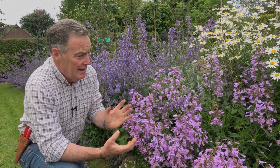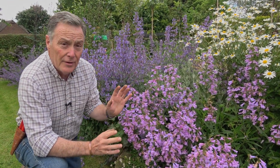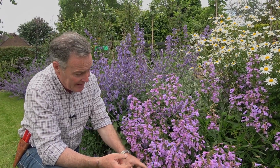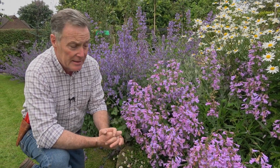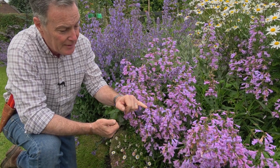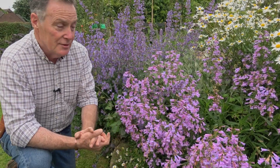I bought this from an open garden, a National Garden Scheme, last year, put it in the garden, and it's doing really well, and it's flowered for now several weeks, and it's going to continue. It will need a little bit of deadheading shortly. One or two flowers are just going over, but it will then continue to flower all the way through the summer. And it's quite a tough one as well, one of the hardier ones with these small flowers. And I just love them because they start off bluey and go to a lilac-y mauve colour, so that they change. But what I want to do is to get a few more plants growing of these,